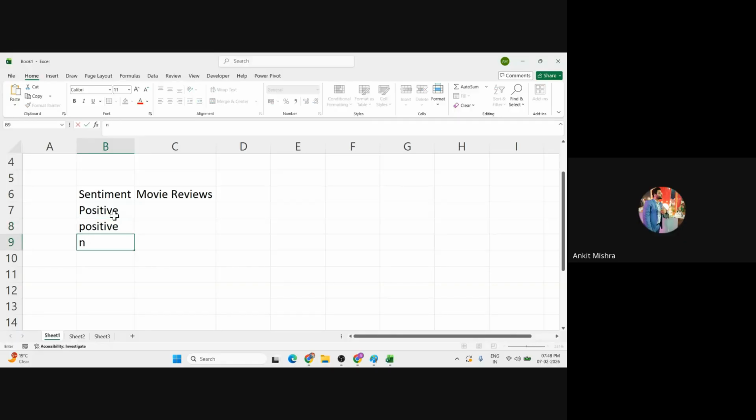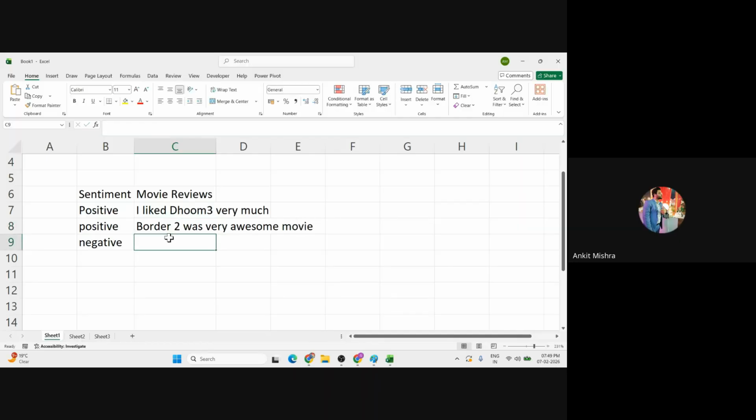Positive, negative. Okay. Now let's take some reviews. "I liked Dhoom 3 very much." Okay, and the positive one is like "Border 2 was very awesome movie."